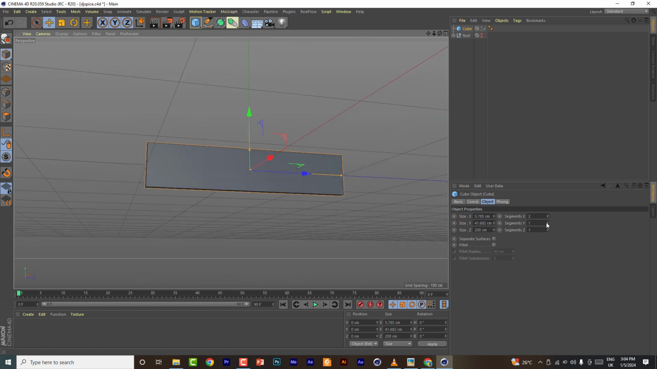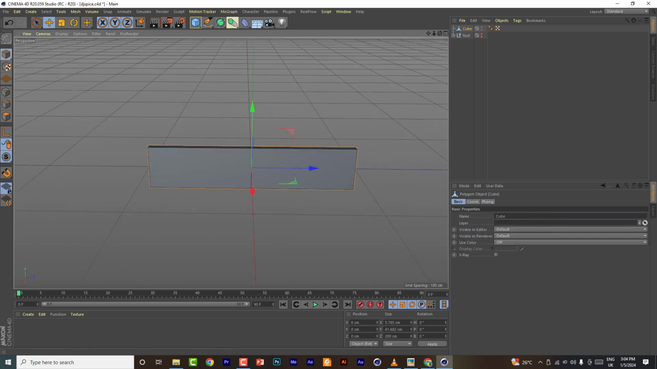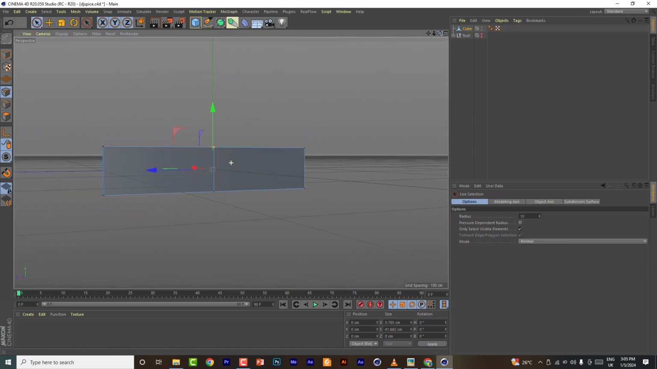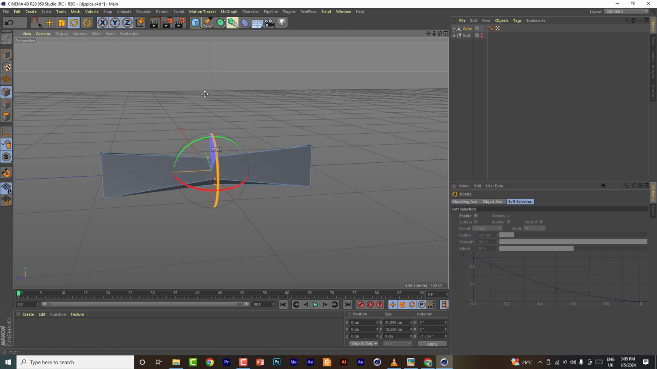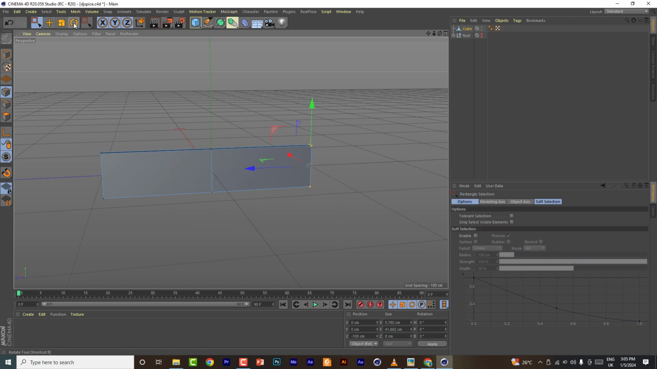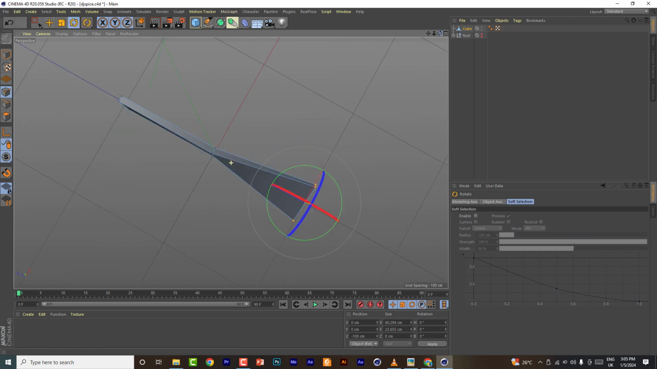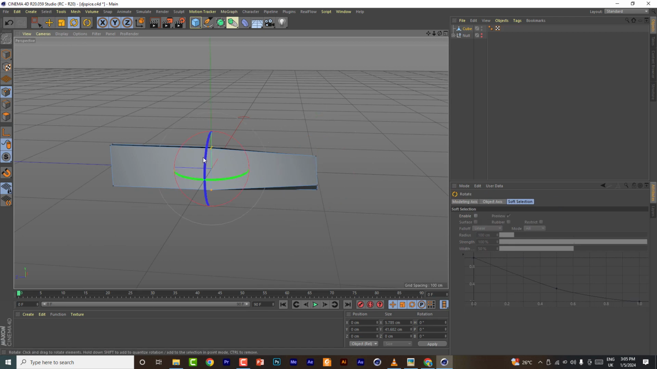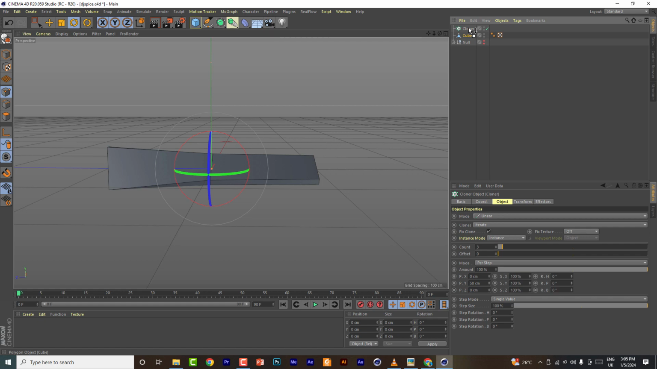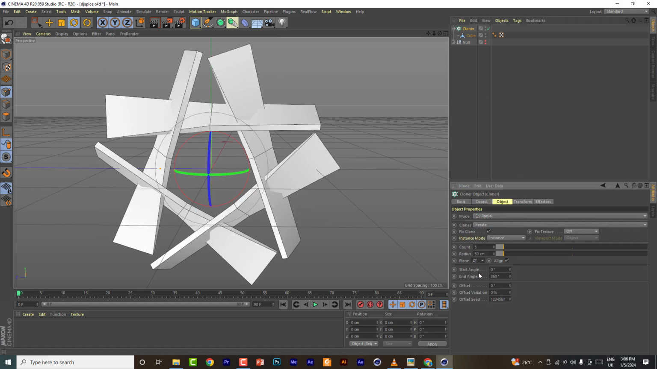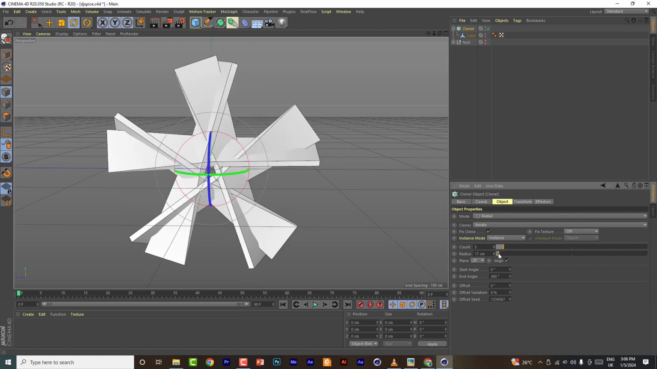Why am I not seeing this? Yeah, enable that so you can see your segments. Then make it editable by pressing C on your keyboard, and then select those 2 points, select all those points, and then rotate it. Then put it inside a cloner, a radial clone, and then adjust the orientations, the rotation,